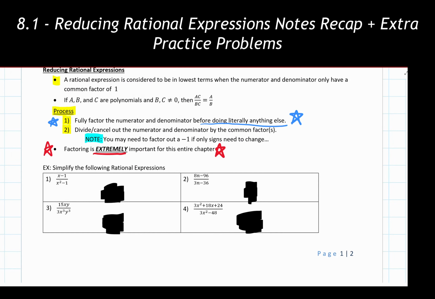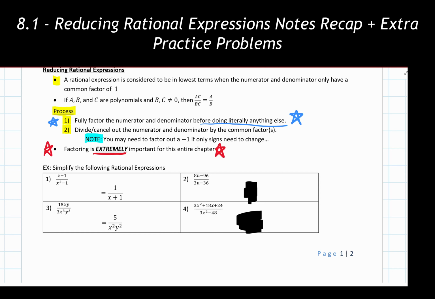So bringing us back to our overall process of reducing rational expressions, remember that the first thing that we need to do in our process is fully factor the numerator and the denominator before we do anything else. Only then can we divide or cancel out something from the numerator and the denominator to get to our final answer. And if you need to take 2 or 3 or 4 lines to cancel things out, like we did with example 3, or a little bit with example 4, to write everything out in its fully factored form, there's absolutely nothing wrong with that. Take all the time and lines of work that you need to make that happen.